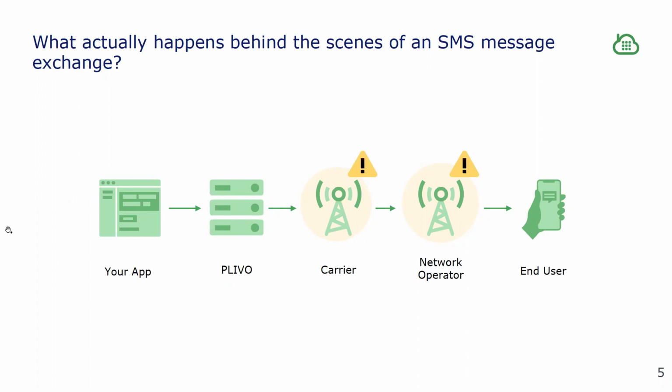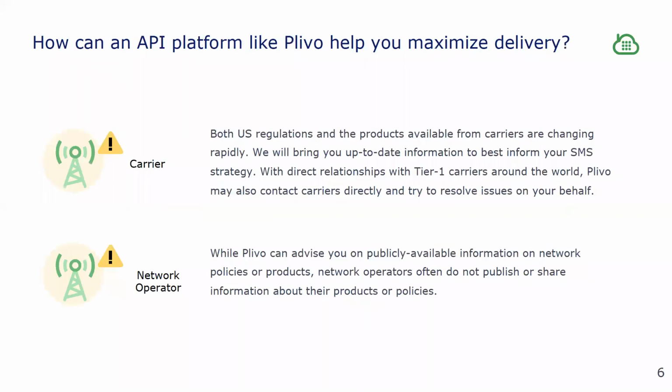So a lot of what we'll dig into today are reasons why that happens and how to prevent that. A platform like Plivo can help you maximize your deliverability by a couple of things. First of all, we keep direct connections to our carriers, and we work with our carriers on a day-to-day basis to maximize deliverability for our clients. The number one way that we can help, though, is by keeping you in compliance with regulations in whatever country you're sending in, and by maintaining a redundant network to multiple carriers.